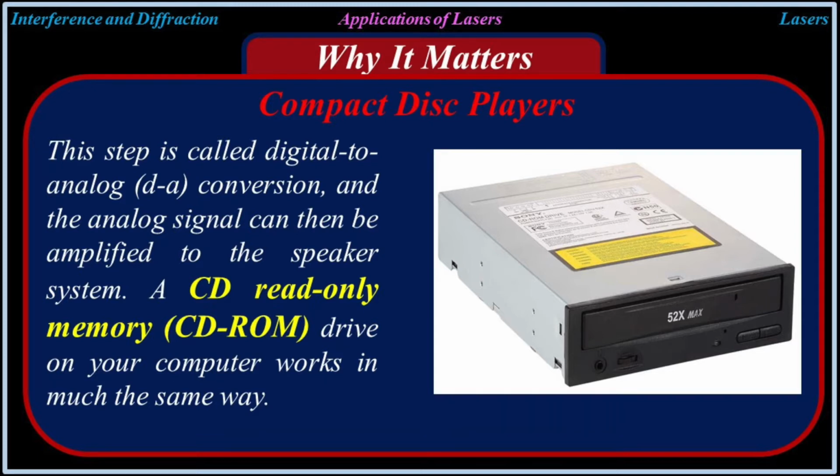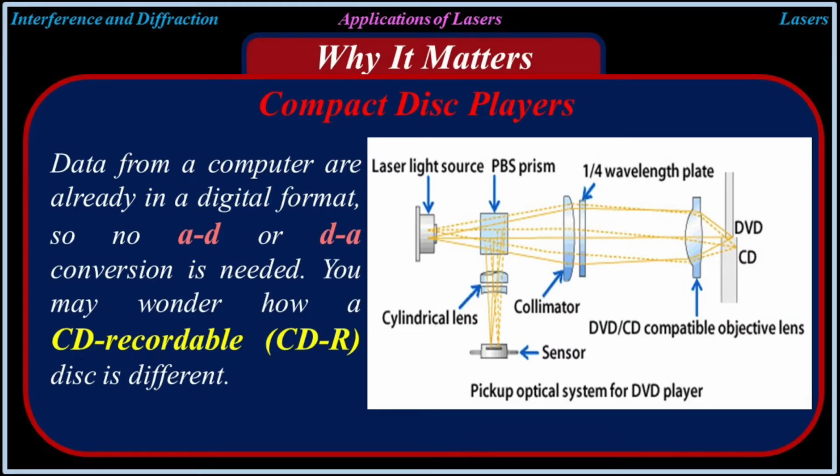A CD read-only memory, CD-ROM, drive on your computer works in much the same way. Data from a computer are already in a digital format, so no A to D or D to A conversion